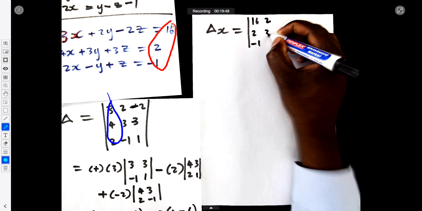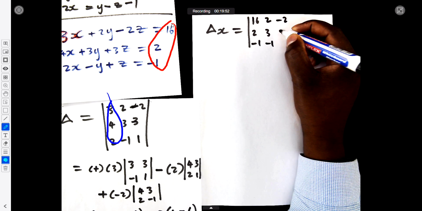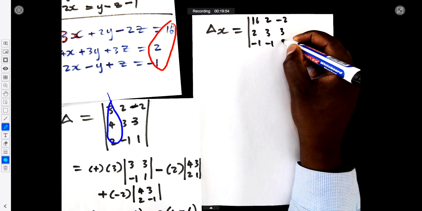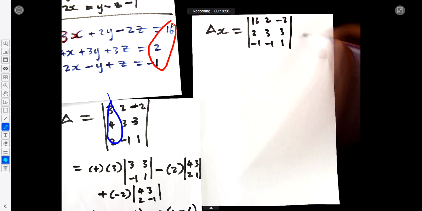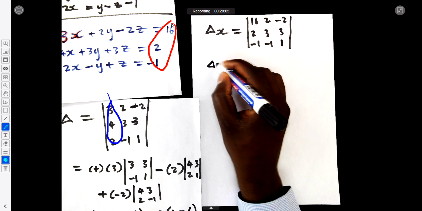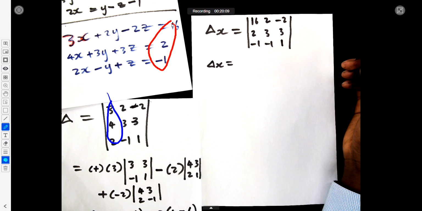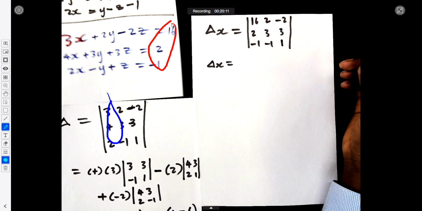So we replace, and we'll have 3. Negative 1 is still the same. Negative 2 and 3 and 1. It remains the same. We just replace the column of x because we want to solve for x. And then from there now we solve our delta x. Solving for delta x,